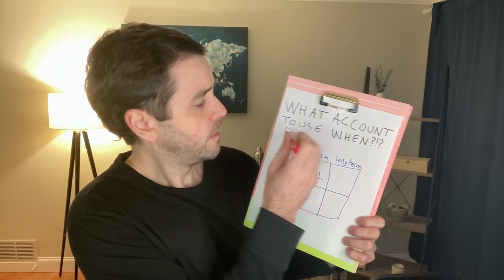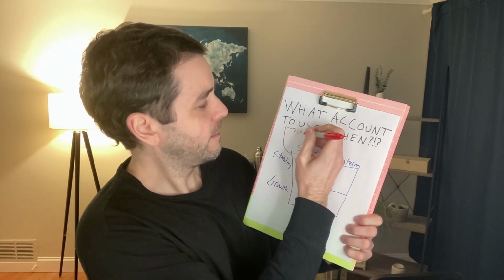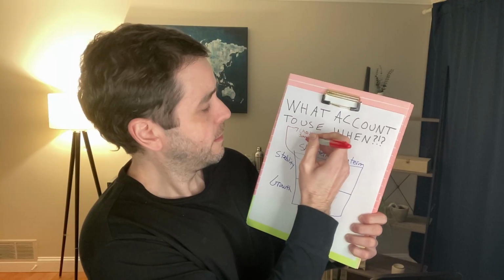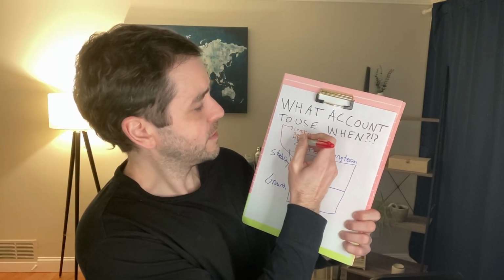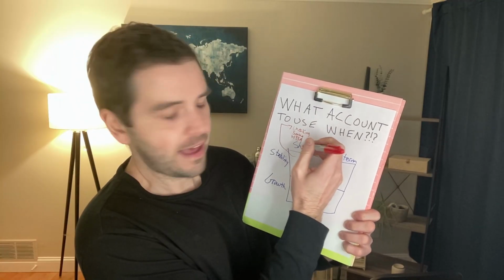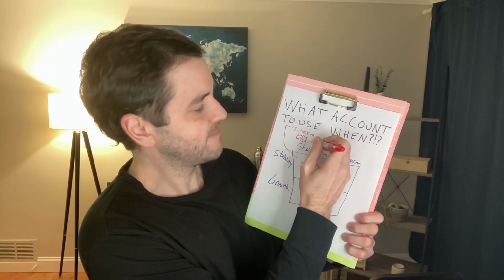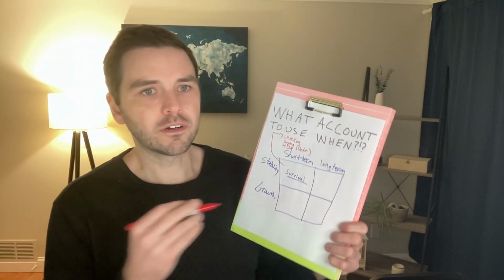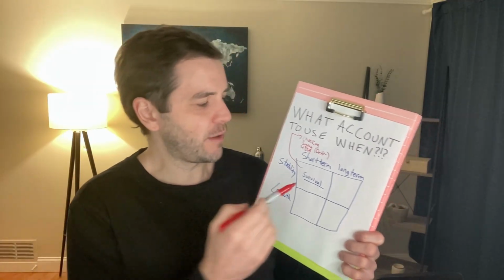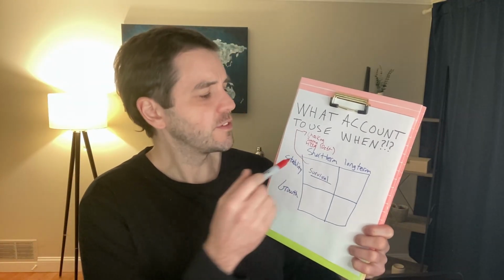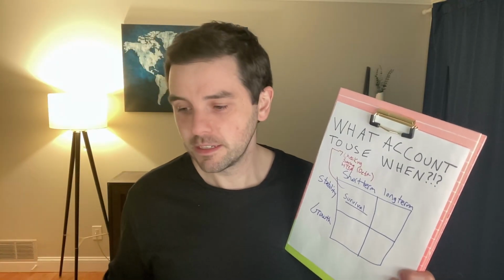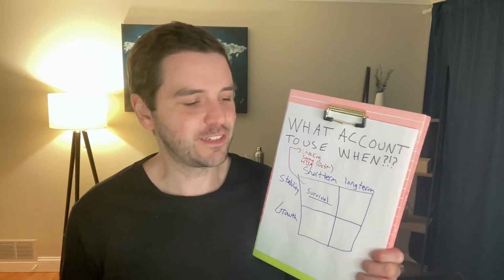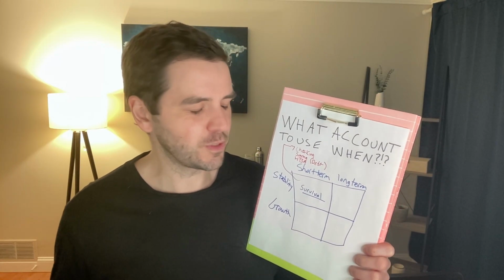are checking, saving, high yield savings account, and I put debt on the list. It's not really an account, so I'm going to put it in brackets here. But if we have a ton of debt, I would think of that as survival mode, because remember, debt is the biggest wealth generator killer, right? It's a very negative thing towards our wealth building.